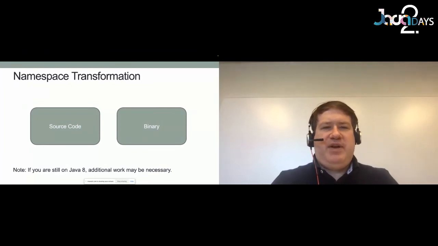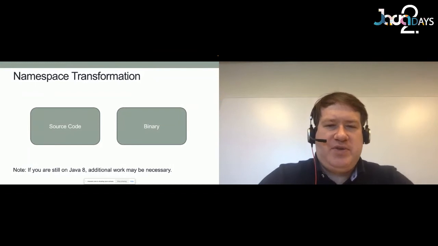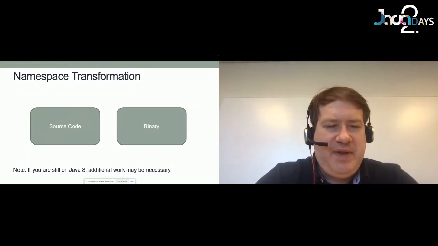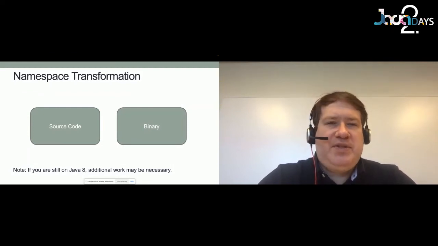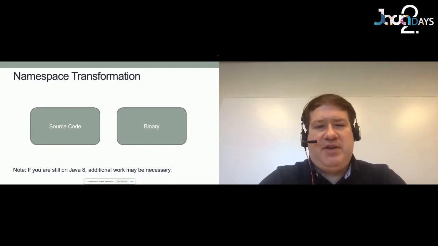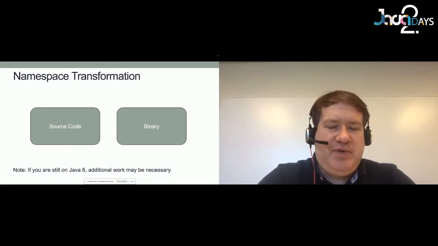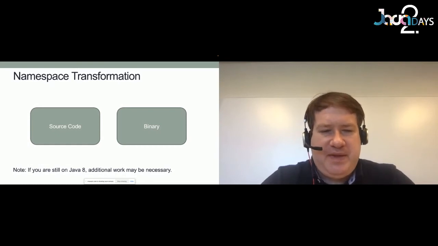Now, if you have an existing application and you want to transform it, you've got two choices with the transformation. I mean, actually three if you kind of combine the two of them. So you can make the changes to the source code where you go through your entire application and rename everything from javax to Jakarta, or you can use a binary conversion tool. There are two of them, one's provided by Apache, the other one by Eclipse, to iterate over your project and basically make changes to the bytecode to switch the imports.